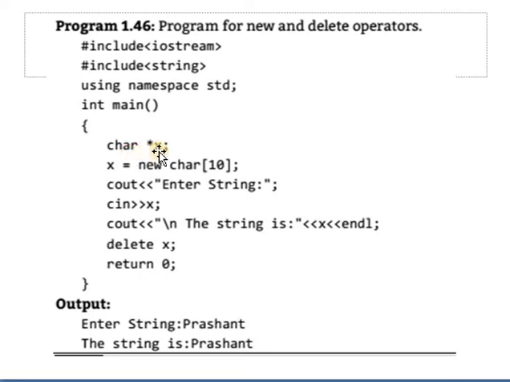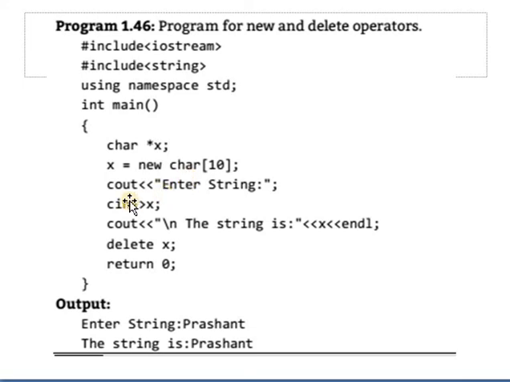Char star x means x is the pointer variable name, which is of type character. Then, by using the new operator, x allocates memory for characters of size 10, means a maximum of 10 characters can be in the char array.